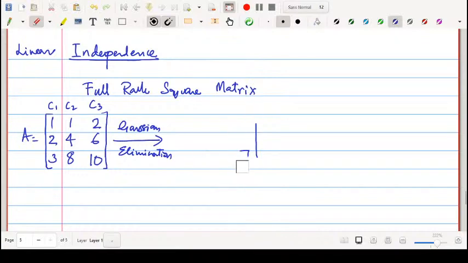Let's do this example here. Okay, so let's do Gaussian elimination. Gaussian elimination tells me row 2 minus 2 row 1 and row 3 minus 3 row 1. Why did I choose 2? I chose 2 because this was the entry that I wanted to eliminate, and the first entry was 1 in the first row. So I can just immediately get rid of